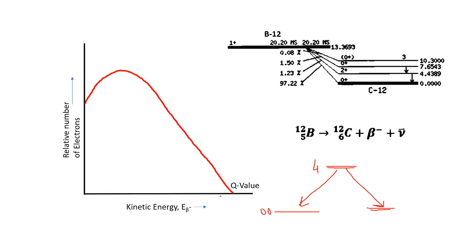So there must be something else to carry away the extra mass and energy. From there the concept of the neutrino comes. The neutrino is trying to take away the extra mass and energy, and these neutrinos are very difficult to detect.